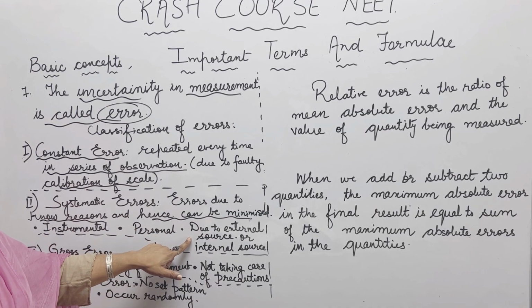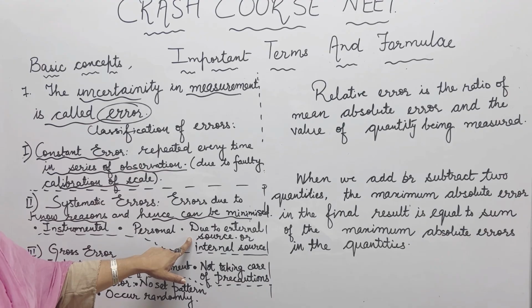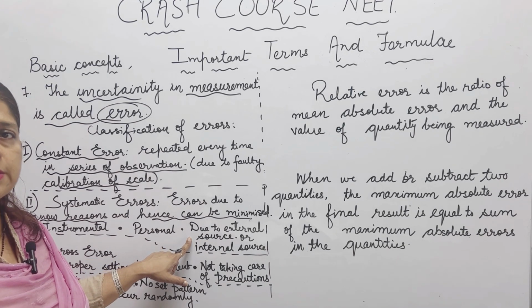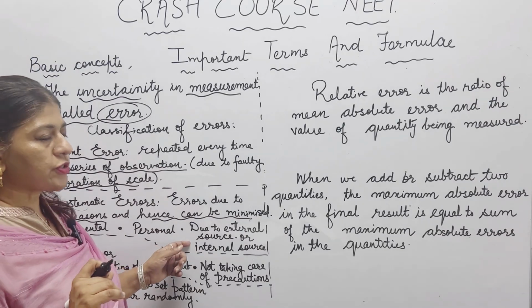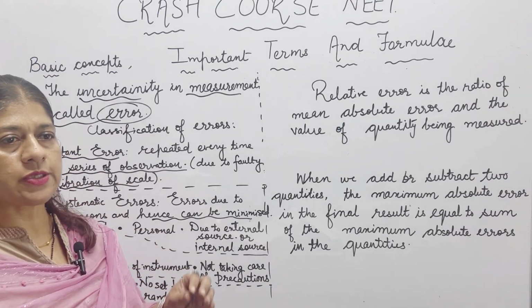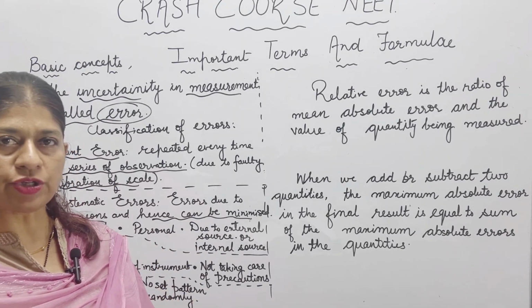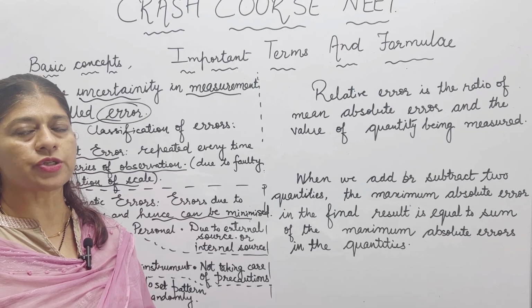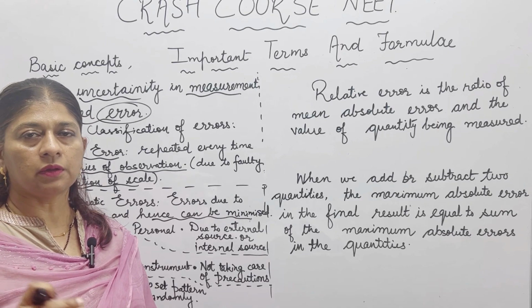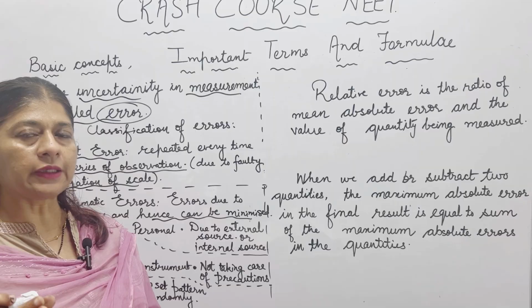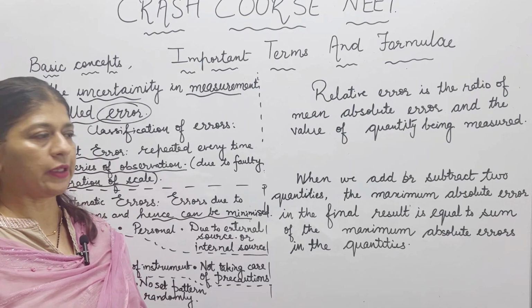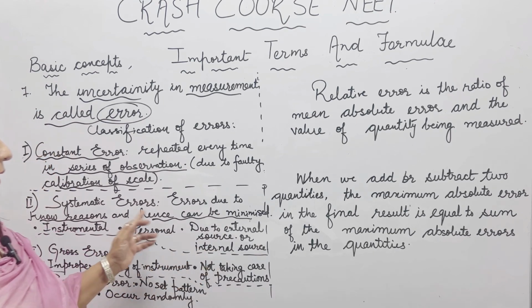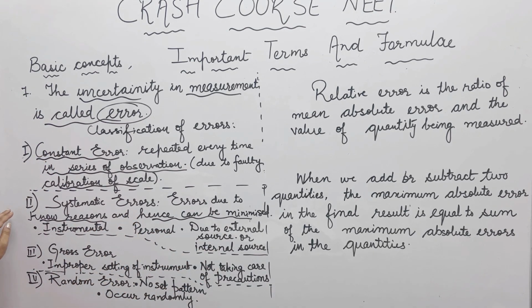ड्यू टू एक्सटर्नल सोर्स, सपोज जब हम एक्सपेरिमेंट कर रहे हैं आउटर एरिया में, इन्वायरमेंट में, वहाँ बहुत तेज हवा चल रही है, तो उस टाइम पे हमारा एरर आ सकता है। इंटरनल सोर्सेज भी हो सकते हैं। इंटरनल सोर्सेज में जैसे कि हम लोगों ने कैलोरीमेट्री की मेजरमेंट करनी है और वहाँ पे लॉस ऑफ रेडिएशन हो रहे हैं, तो हमें एक वैल्यू जो है वो करेक्टेड वैल्यू कहती हैं उसको, उस करेक्टेड वैल्यू को इंट्रोड्यूस करना पड़ेगा। तो यहाँ पर भी हम लोग जो हमारी एरर है उसको हम लोग मिनिमाइज कर सकते हैं।